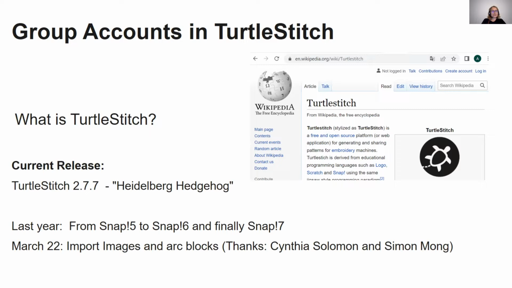So what is TurtleStitch? I think I don't really need to explain a lot about TurtleStitch. I have put the image of the Wikipedia entry in this slide. The reason is also that we managed to get this entry within the last year. So if you want to know more about TurtleStitch and get a little bit more of the background, you can just look at it on Wikipedia. So current release is